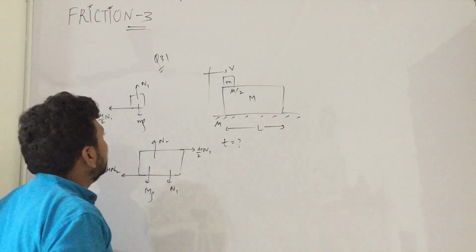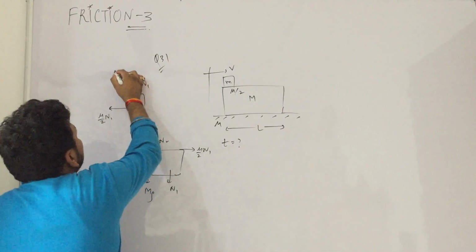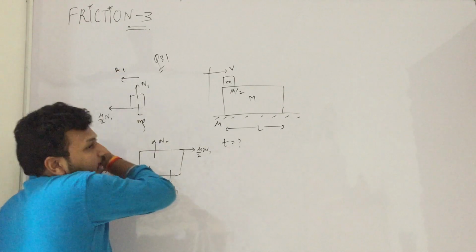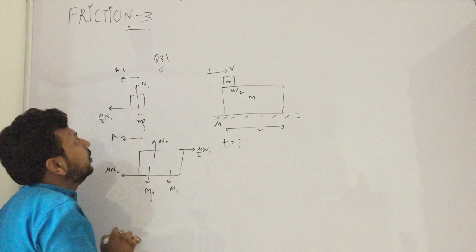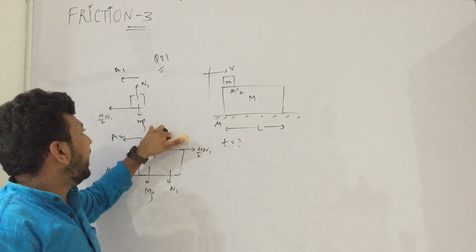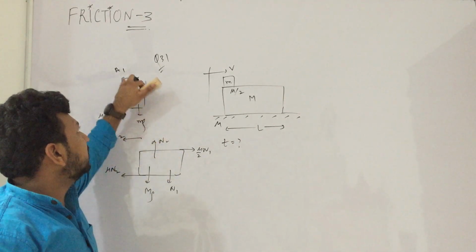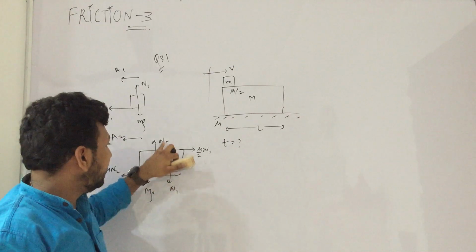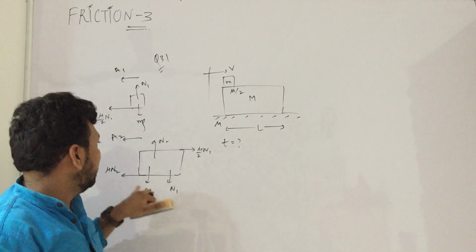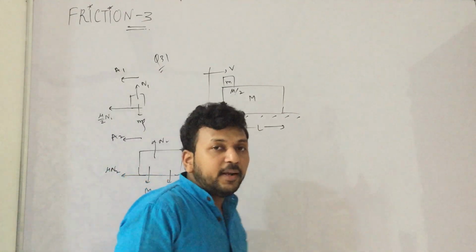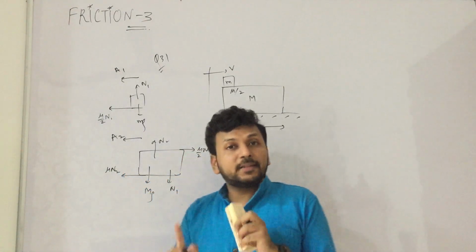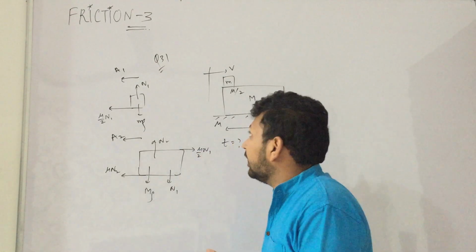We will discuss. So let us consider its acceleration as A1. Acceleration is behind because net force is behind. Let us consider its acceleration as A2. So what will be the equation? N1 is equal to mg. This force is equal to mass into acceleration. Similarly, N2 is equal to mg plus N1, and this minus this is equal to m into A2. We'll calculate A1 and A2 and we'll know the relative acceleration of both.